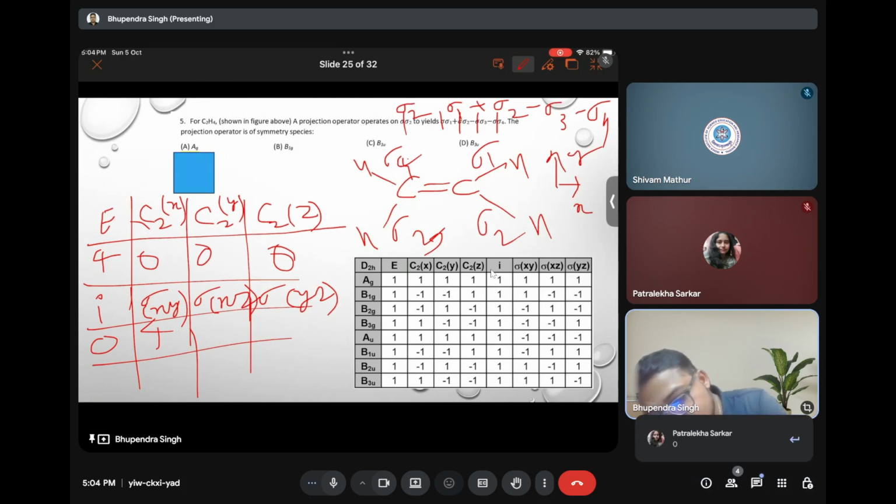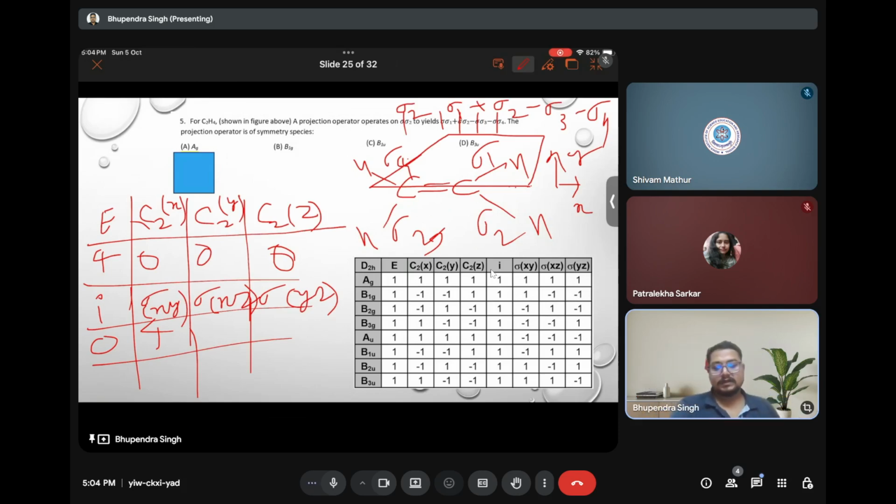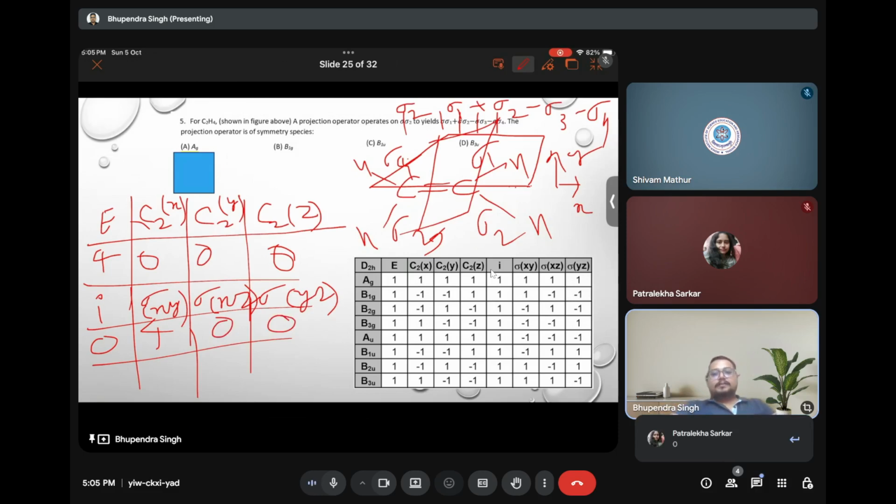So this will be like this. Consider this in the x direction, and this is coming out. So all the bonds will reflect like that. In the next, yz will be this. These will go like this, and they interchange their position. So this is 0 0. Perfect. Now we have to find the